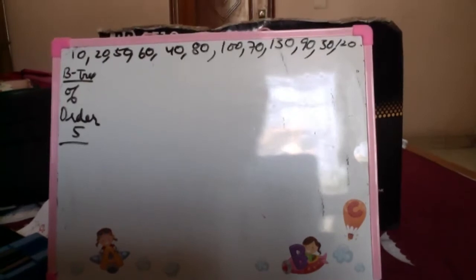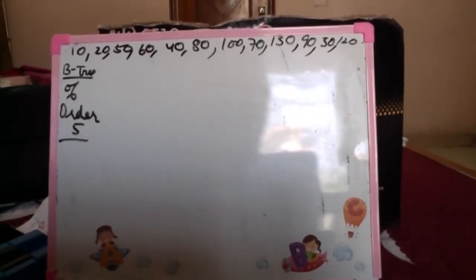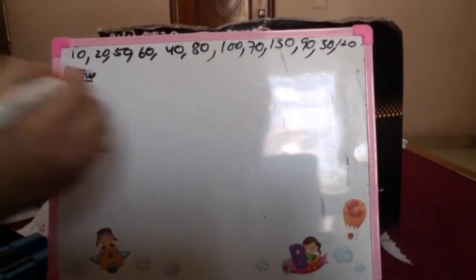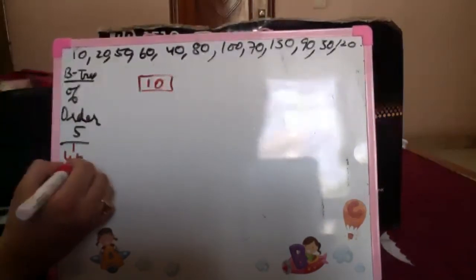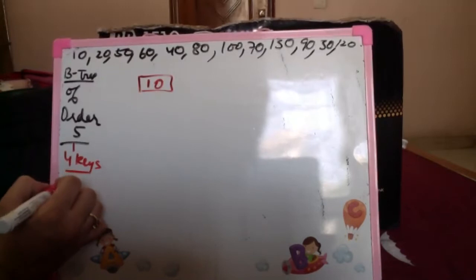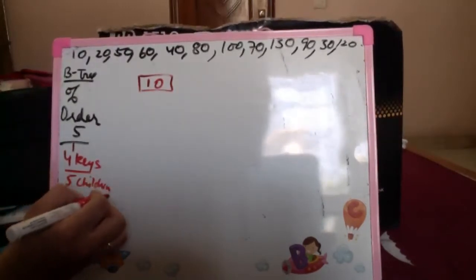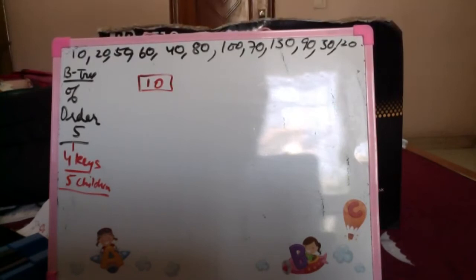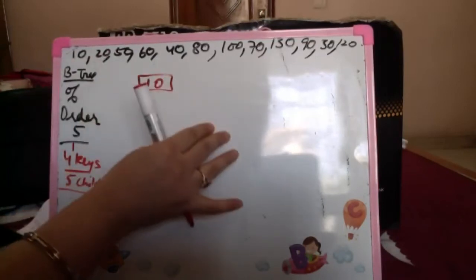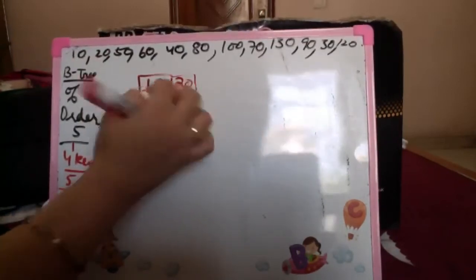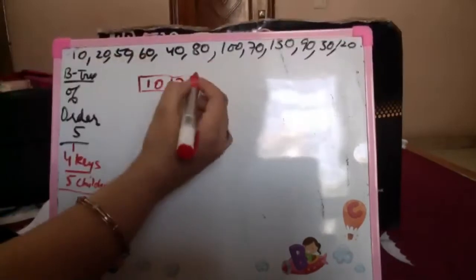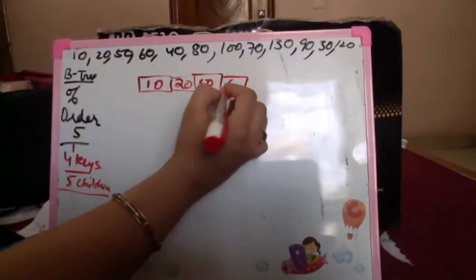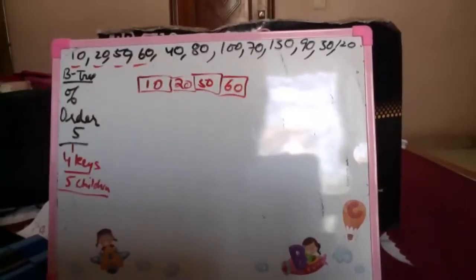Initially, when I am going to insert the values, what happens? There is no node, so I can simply insert in a new node, which becomes 10. Now, since the order is 5, maximum 4 keys can come in a node and maximum 5 children are possible for each node. Again, this is maximum. So for inserting 10, I simply insert 10. For inserting 20, 20 is larger than 10, so I inserted 20 because this node still has a capacity of 4 keys. 2 slots are still empty. For inserting 50, I can still insert a 50 and a 60 here. So the first 4 elements are inserted in the same manner.